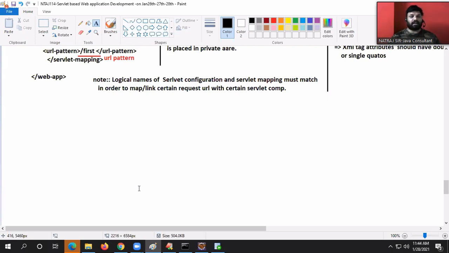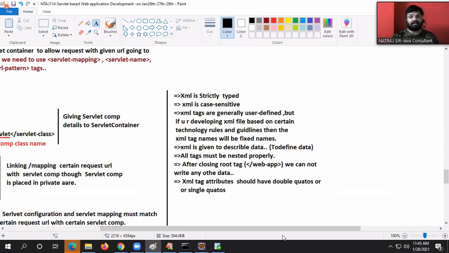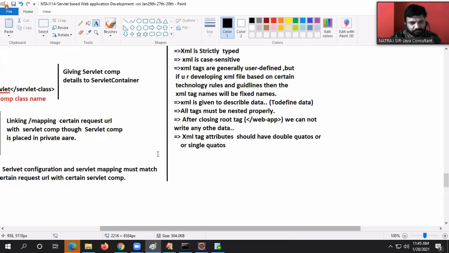I hope you got clarity there. When you use the bold tag, italic tag, and other tags in HTML, they are used to apply styles and to display the data. Whereas XML tags are to describe the data, to construct the data and to get more explanation for the data, guys.